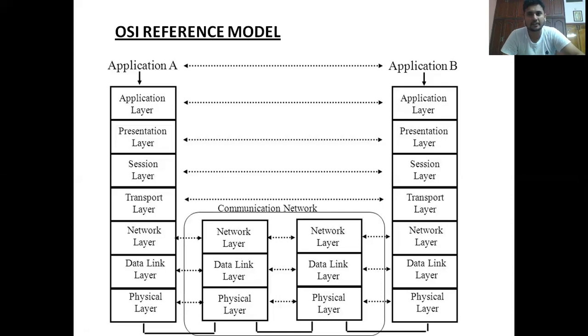So what are the 7 layers? As the name suggests, open system. Open system means one device is connecting to another device directly. So how do they connect? Both devices are following the same rules, so automatically they will be connected well. That is what we discussed in the example.